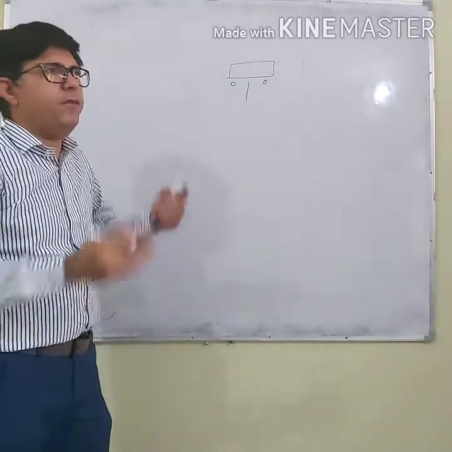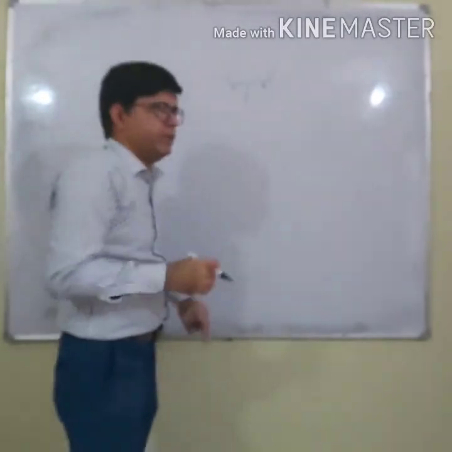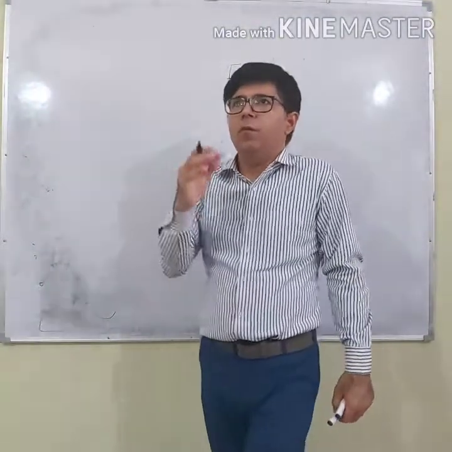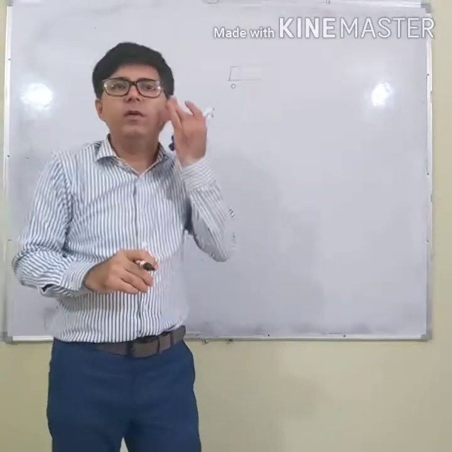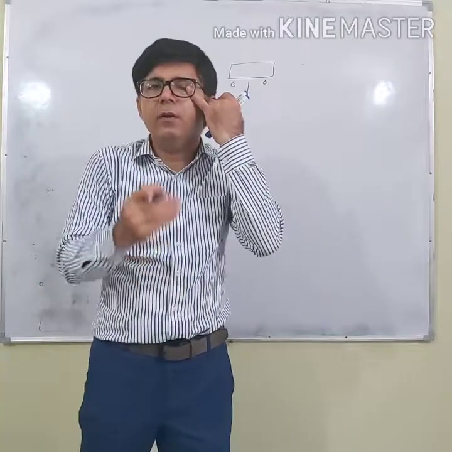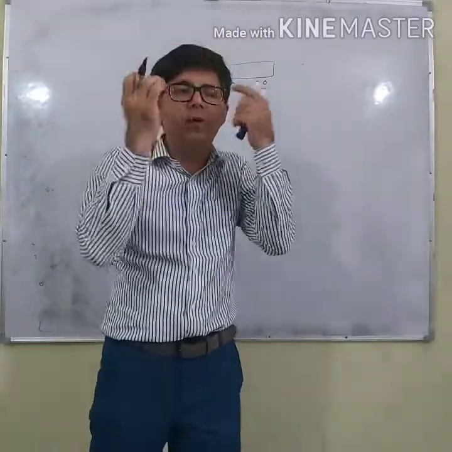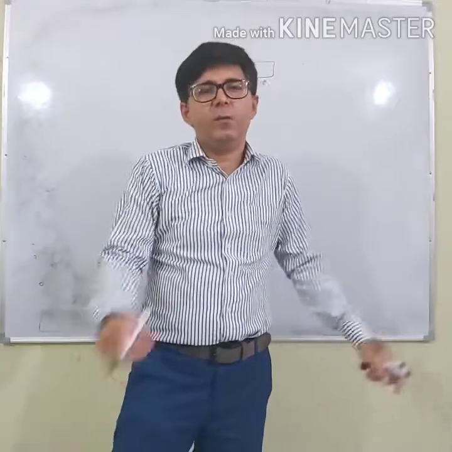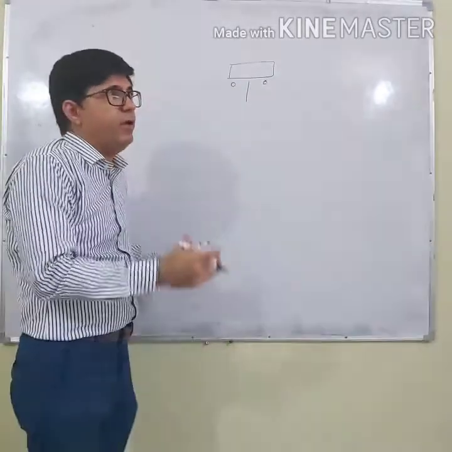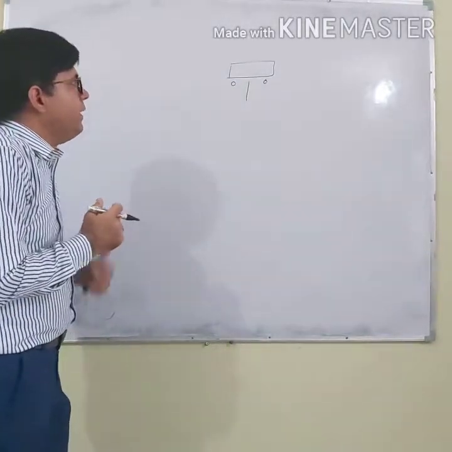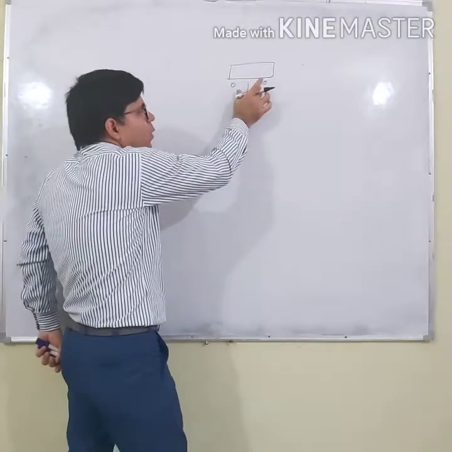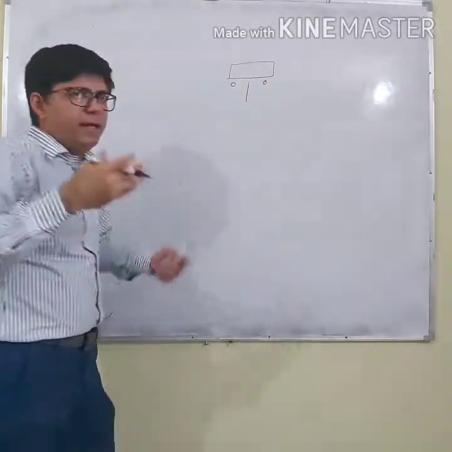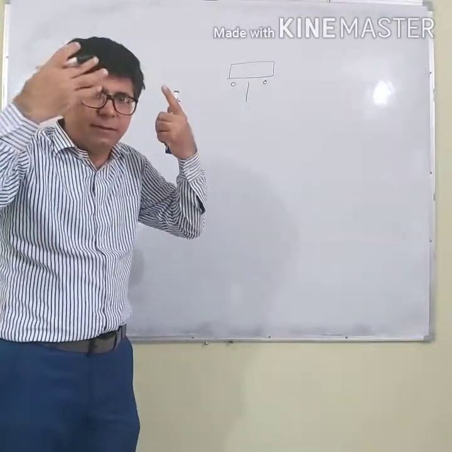Now first of all, if we are having two eyes which are just below our forehead, what happens? For one eye, the field of view is less. If you try with one eye, you will find that the field of view is this. But with two eyes, the field of view is 180 degree. So the first point is that there is an increase in the field of view. And the second point is that since we are having two eyes which are just below the forehead, they are on the same side.